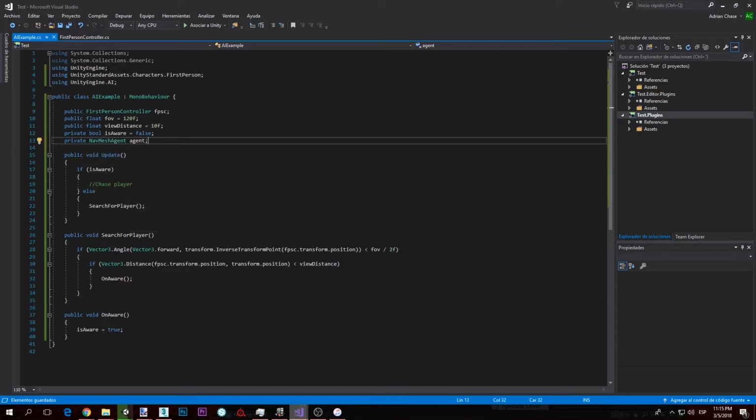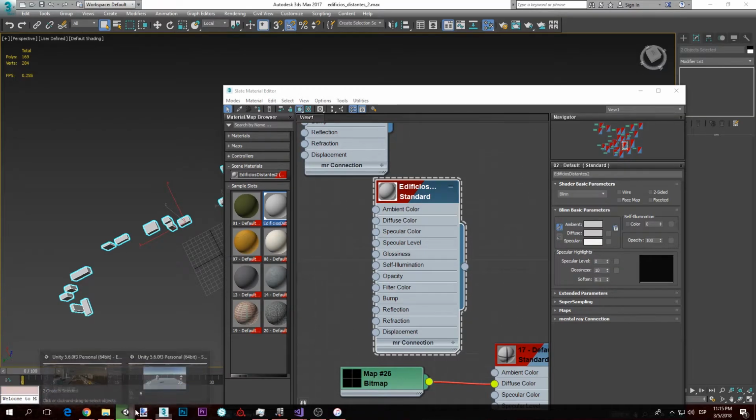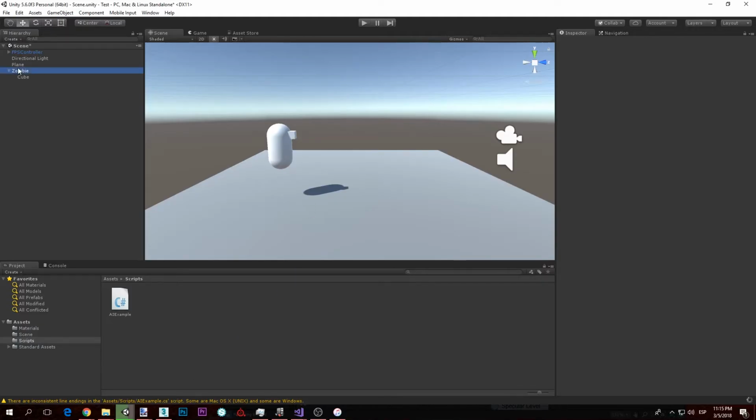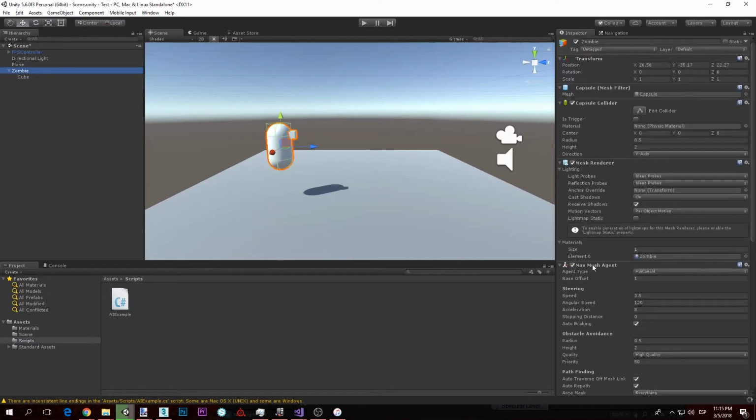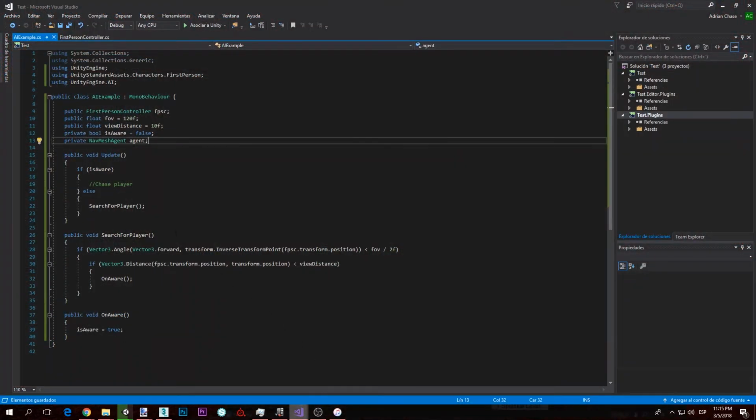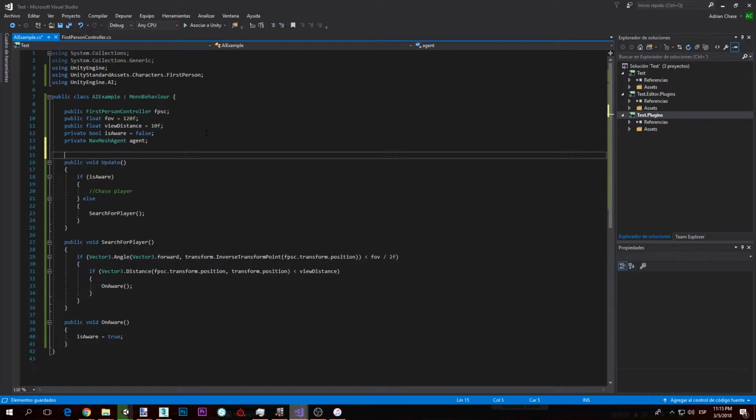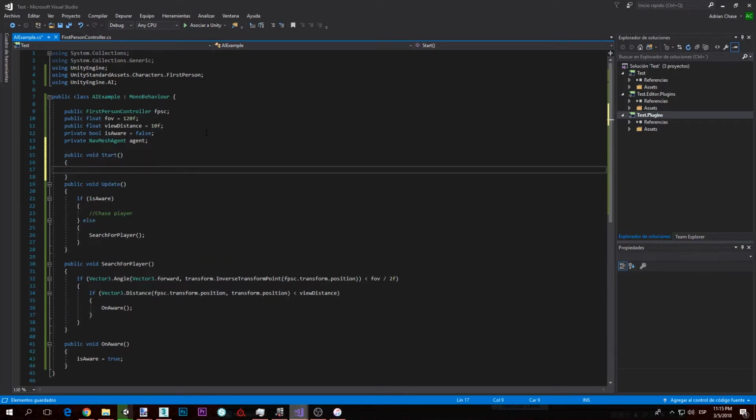So this will let us access this. This is my other project. And what am I doing? This will let us access the nav mesh agent component, and to make it easier and not need to assign it, we're just going to assign it in start. So we're going to go public void start, agent equals get component agent nav mesh agent. There we go. So now that's assigned,